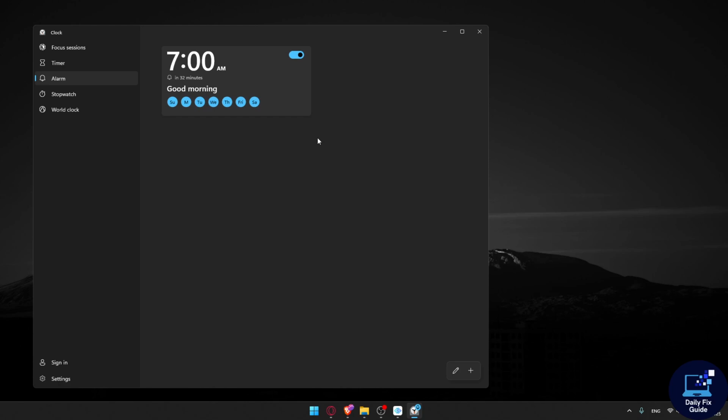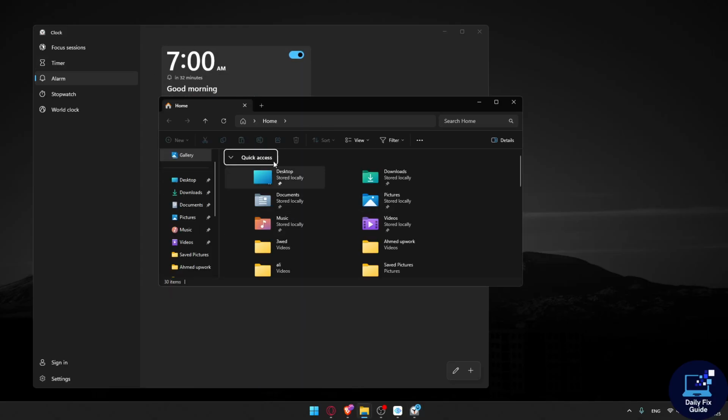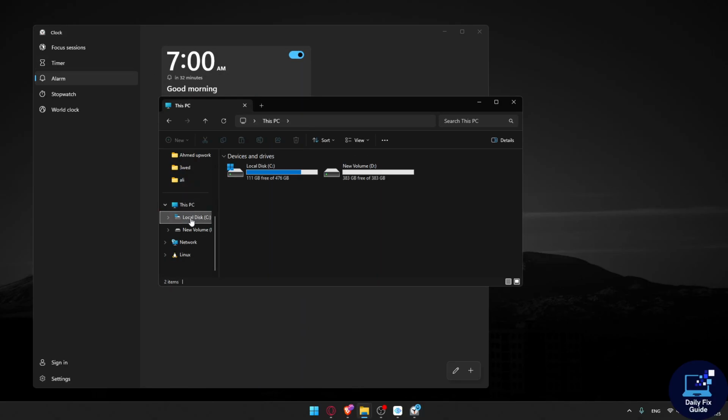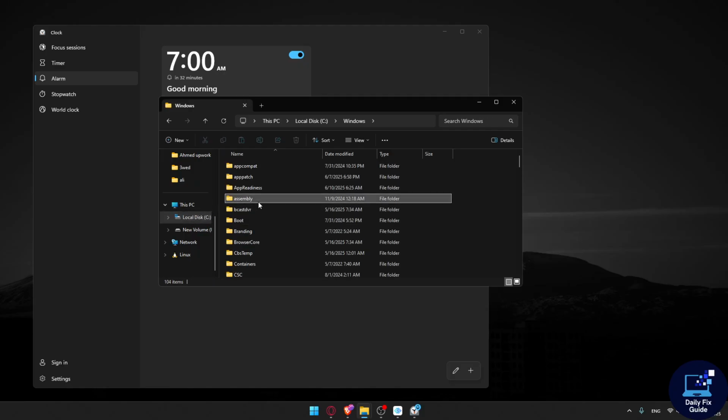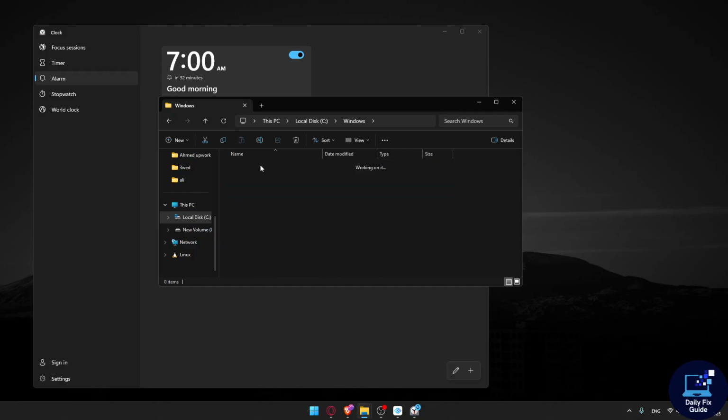You can go, as an example, to your C drive and go to Windows, then Media. So, as an example, I'm just going to open this. I'm going to my C drive and here, and of course, I'm going to the Windows folder. And here, I'm just going to look for the media one. As you can see, this is the media. So here, you can place your own